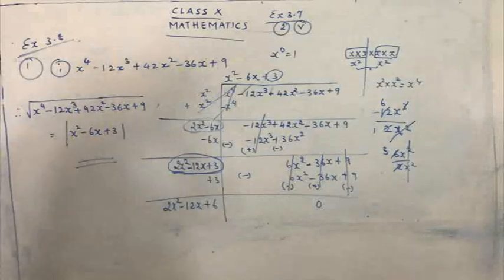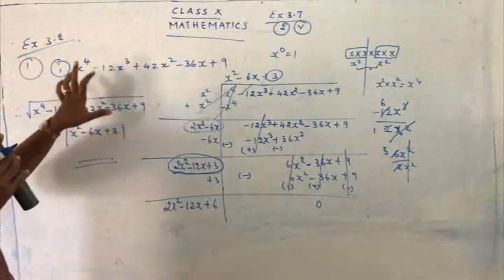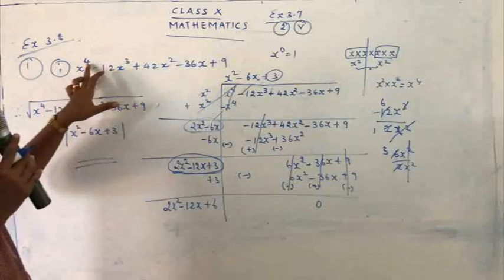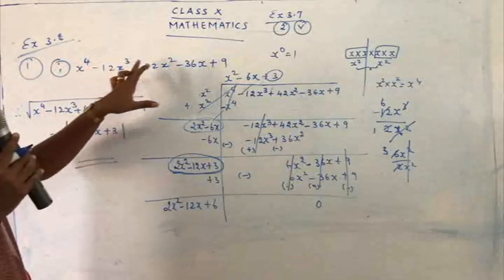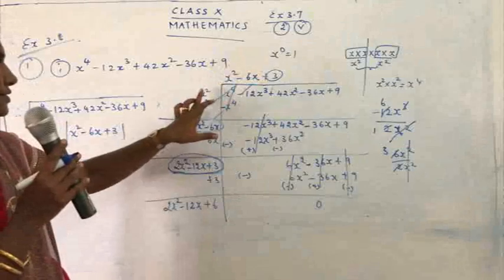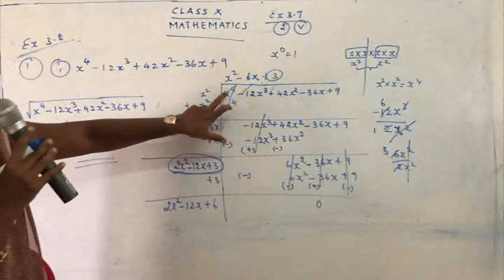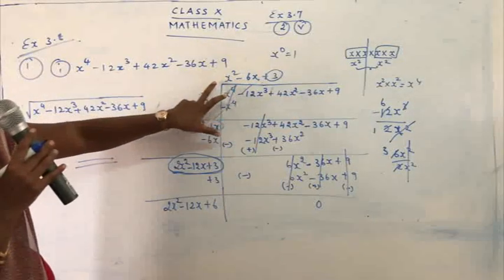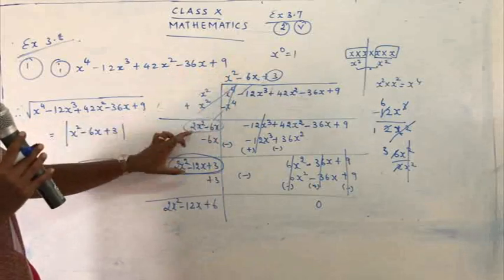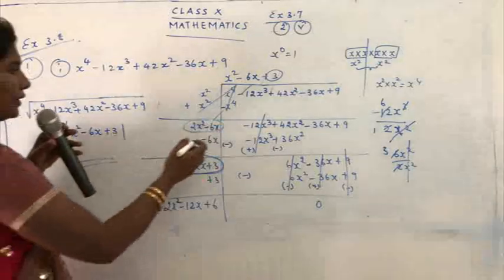Just have a small recap once again. When a polynomial is given to you, first of all, you have to check whether the polynomial is in standard form. Yes, it is in standard form because the orders are decreasing: 4, 3, 2, 1, and so on, to 0. So you put a division and you just write the polynomial. You have to take the square root of the first term. So the square root of x raised to 4 is x square. So write it thrice, on the quotient part and on the left part. That is x square, x square. When you add this, you get 2x square. Then you just cancel it.